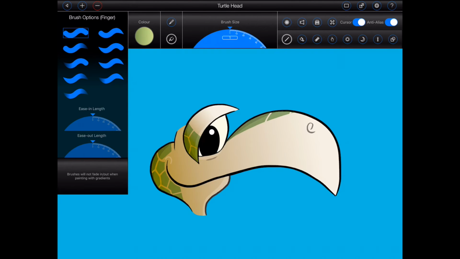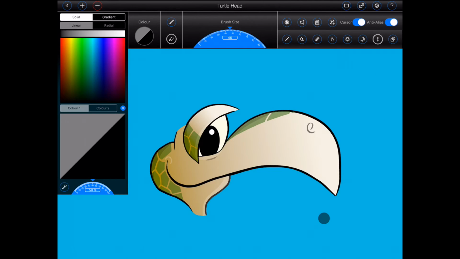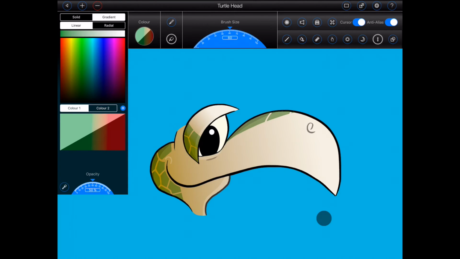The Tint tool provides a quick and easy means of, as the name suggests, tinting an image. Tap the button as shown to open the Tint tool. Use the dial at the top of the screen to set the size of the tinting brush. Select a colour and opacity. In this case, we're going to tint the image using a linear gradient with an opacity of 30%. And then use your finger or an Apple Pencil to tint your image.